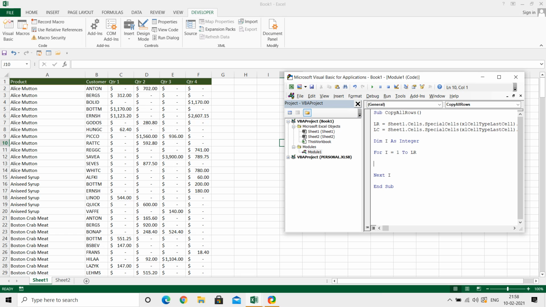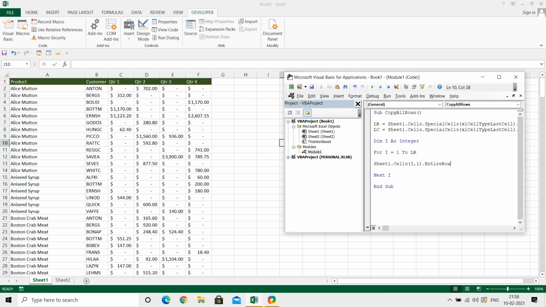We have to write here Sheet 1 dot Cells, I comma 1, dot EntireRow dot Copy.